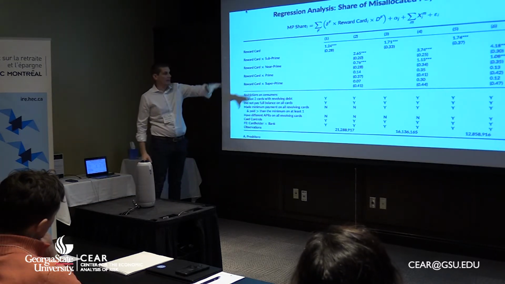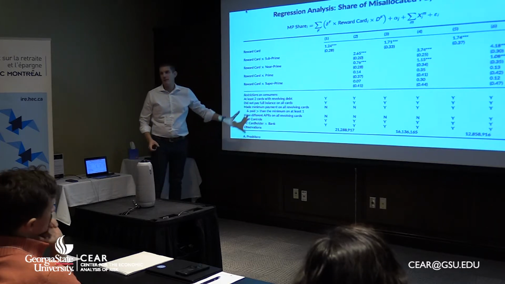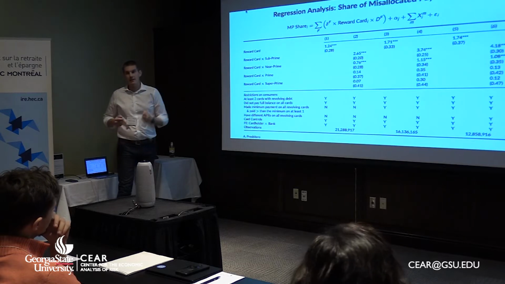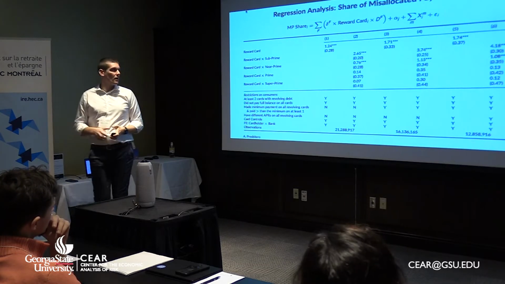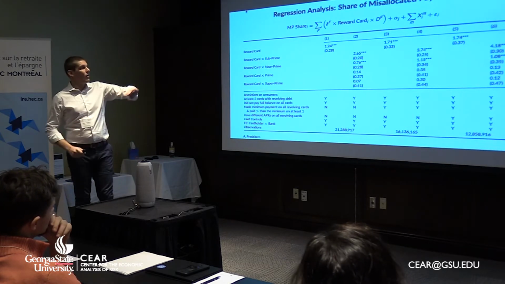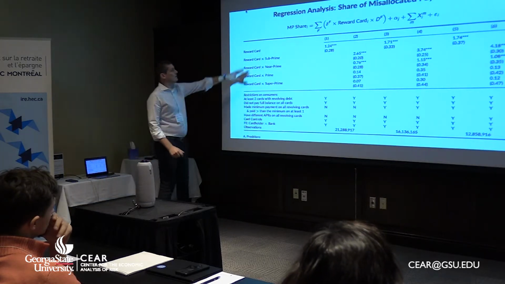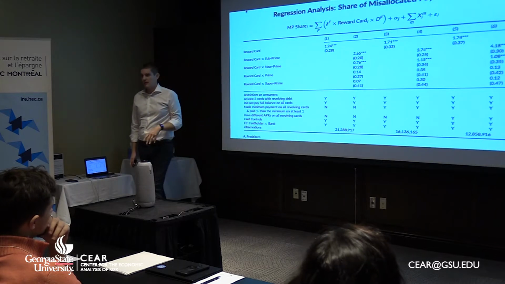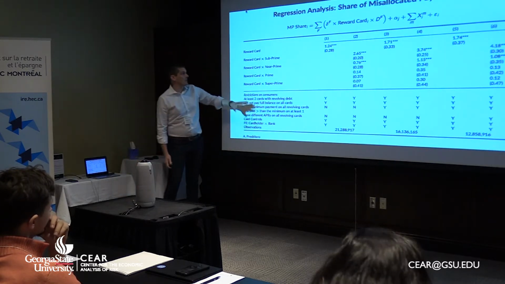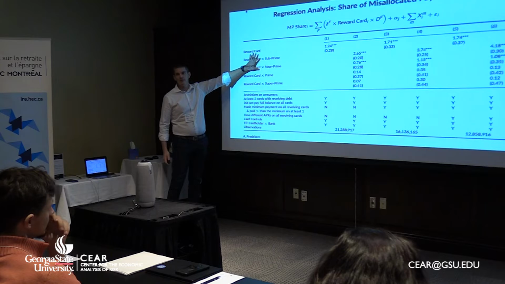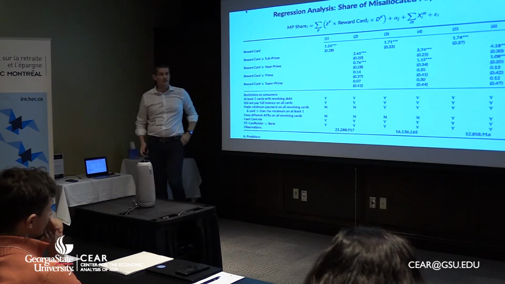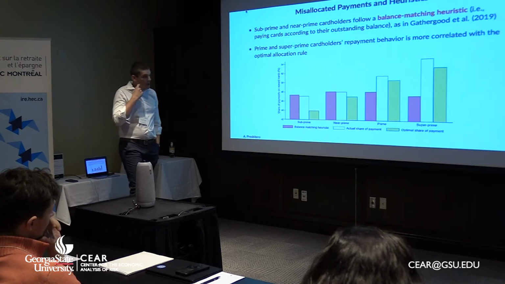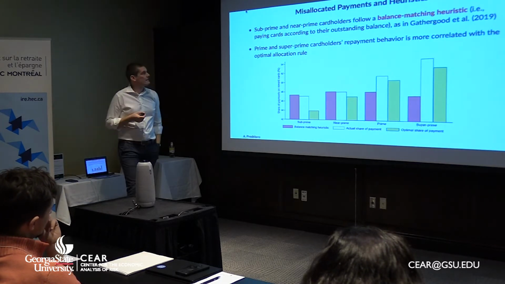That's exactly what we find here. We condition on different samples, making the sample more and more restrictive. But again, you can see that misallocated repayments are more common on reward cards, but these mistakes are only present in the subprime and the near prime, while the prime and the super prime don't make financial mistakes, and that's why we can interpret them as naive or less sophisticated people and more sophisticated people, the subprime and the super prime person.